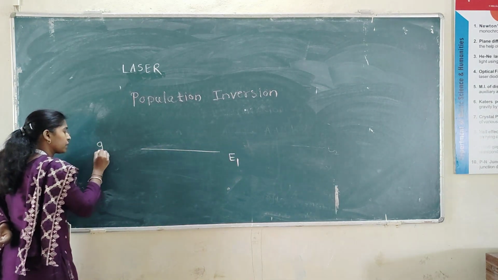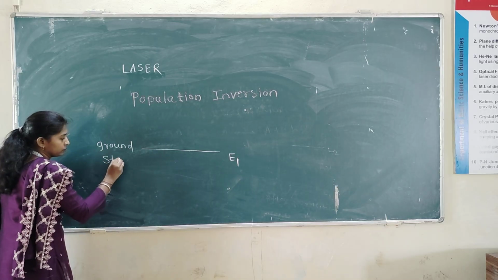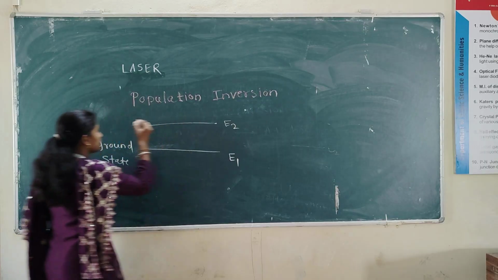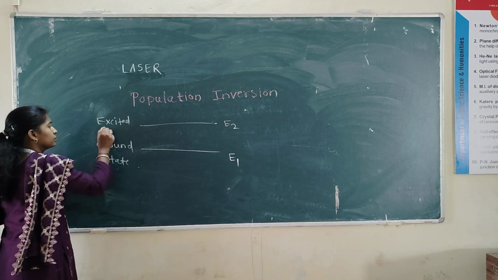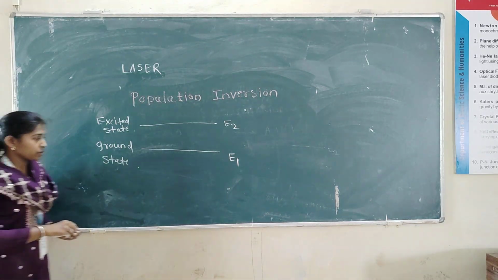E1, this is the ground state. E2, the excited state. Population inversion means